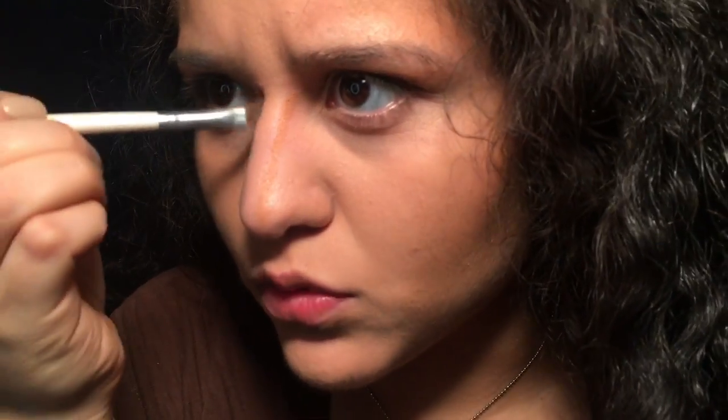I'm not gonna go in depth with this. If you guys want to see like a nose contouring video or something like that, I guess I could do that. But I'm just gonna go in real quick with this. Then I use this blending brush. Where is that? So to make the contour pop a little more, I'm gonna go in with my concealer stick